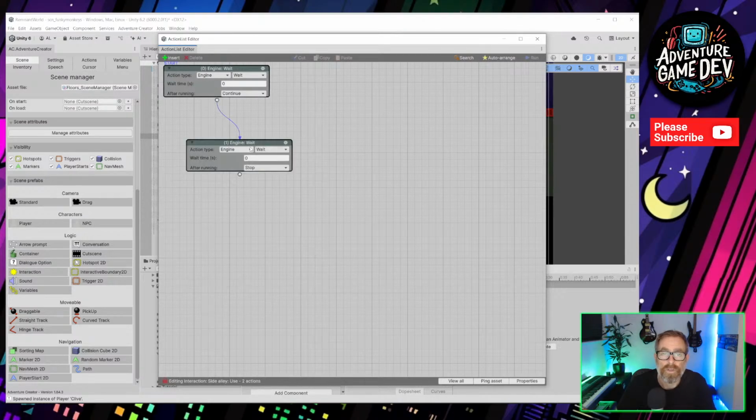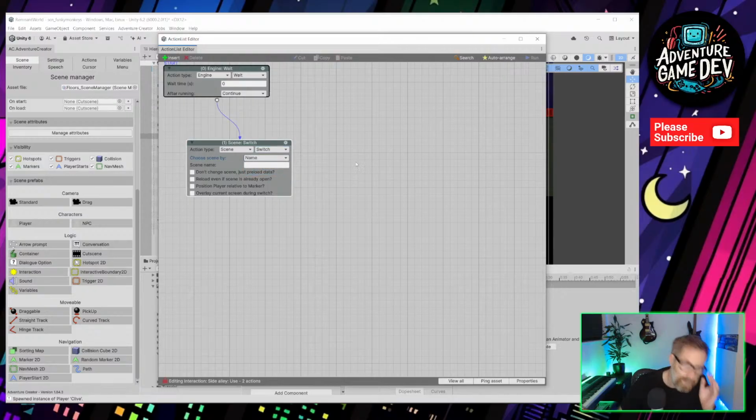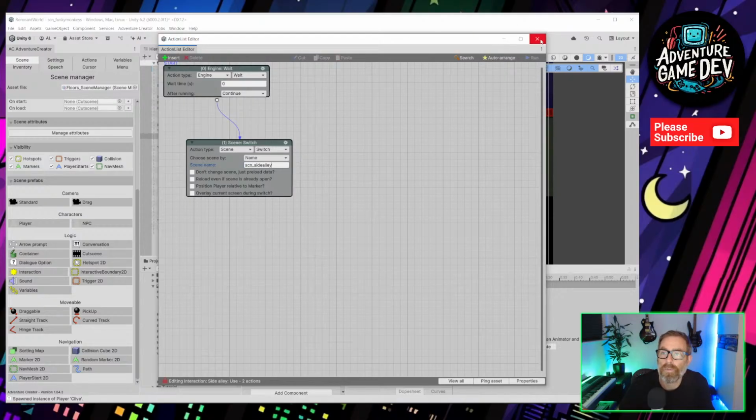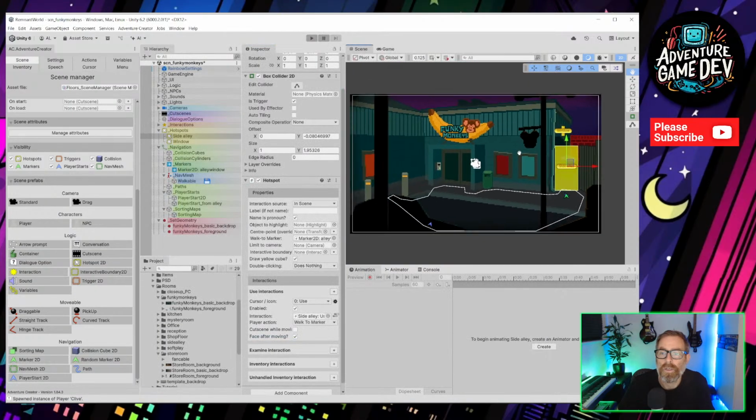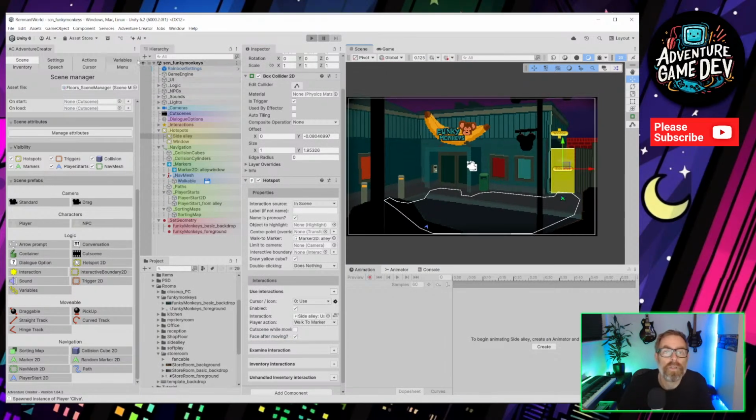And this is actually going to do a scene switch. Scene name. We haven't got the name for it yet, which is going to be the side alley. Let's just call it scene side alley. It'll throw an error if you try and use that, but at least it's there in place. And we'll save that.